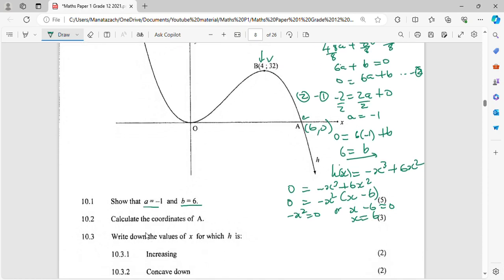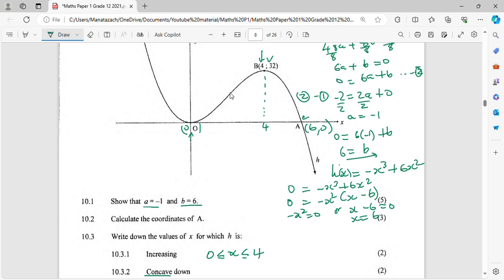Now let's go to 10.3.1. Write down the values of x for which h is increasing. So you'll notice that this is 0, 0. The graph of h is increasing from when x is 0 up until when x is 4. The graph is going up. So we'll say here x is greater than or equal to 0, or x is less than or equal to 4. Then the values of x for which the graph is concave down, you'll notice that the graph is concave